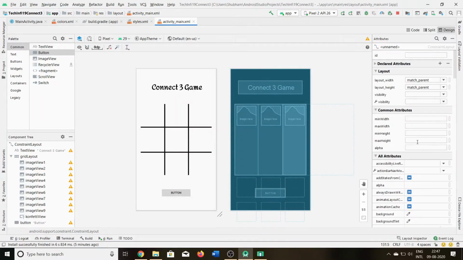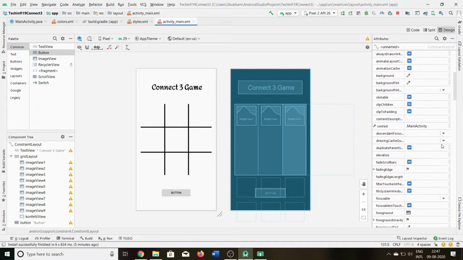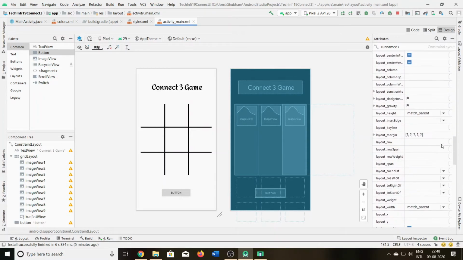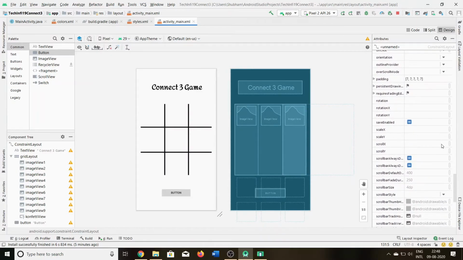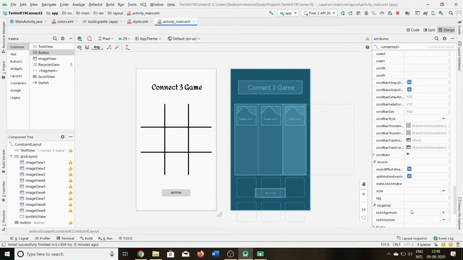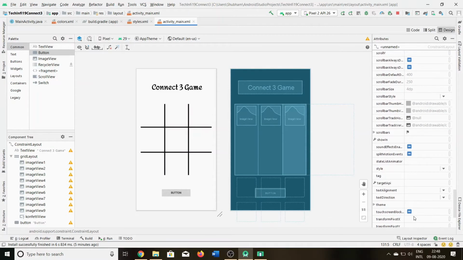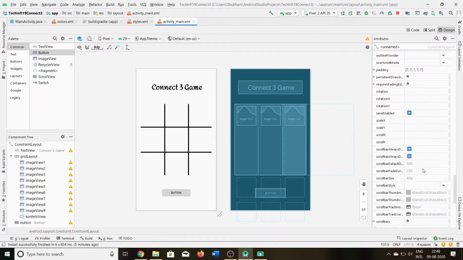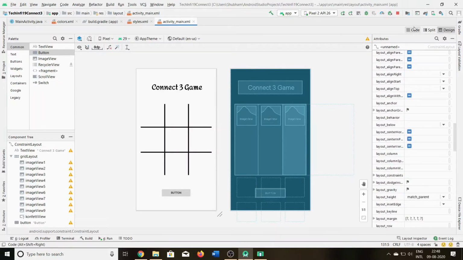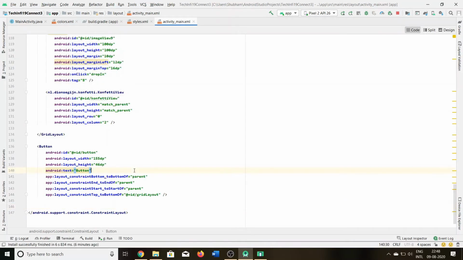We need to provide the ID's play again button. Play again, I'm typing, and also I need to change the text. I'll just change the text from here. Play again,